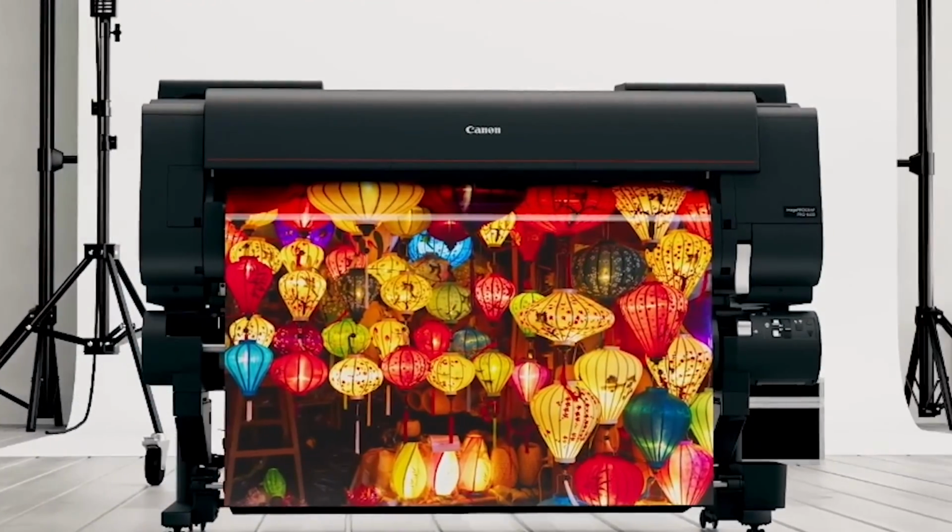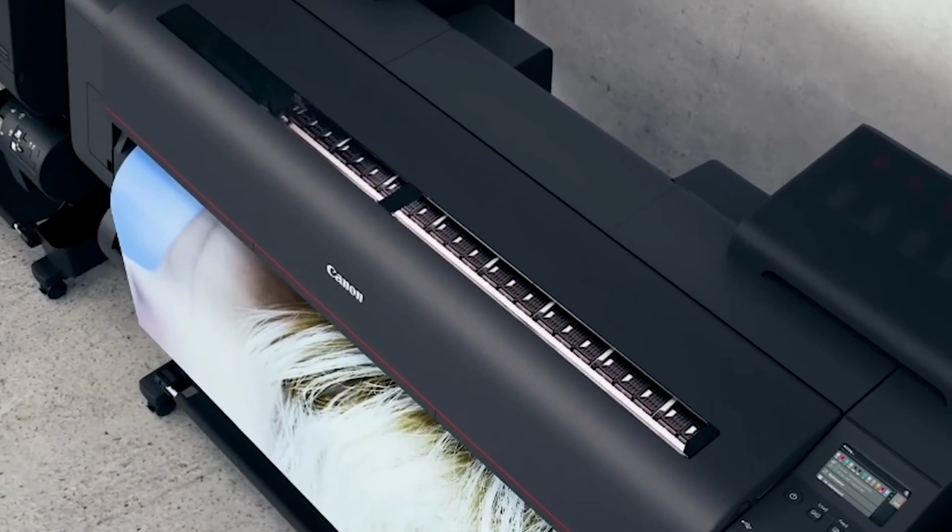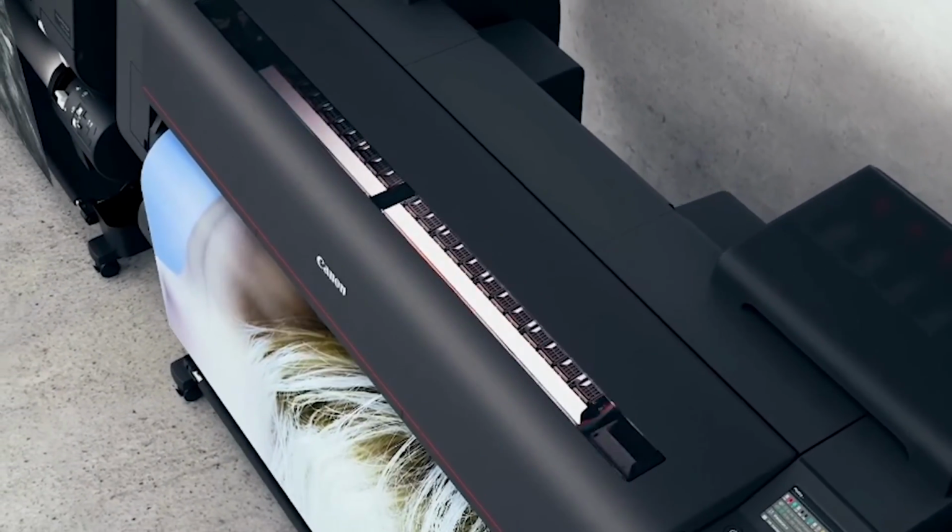Now also, this new upgraded sensor has the ability to also improve, Canon have told us, the paper feed adjustments and also color accuracy and also ink usage as well. So it gives a higher quality overall. I'd love to test this to see if you don't have to do so many feed adjustments on these big